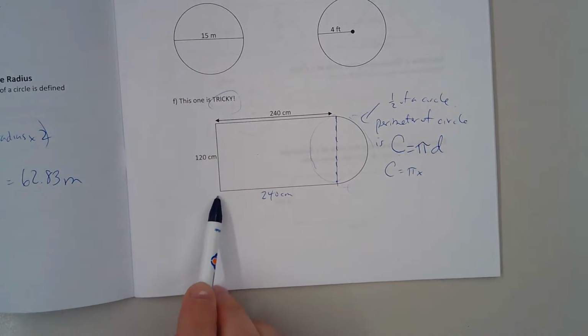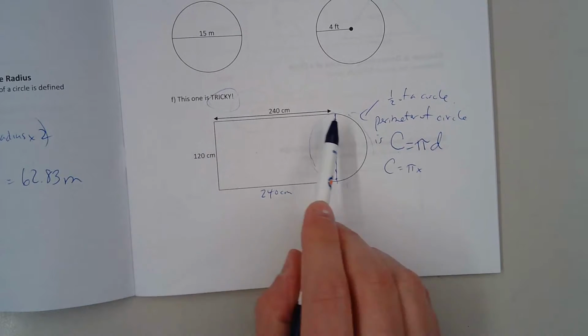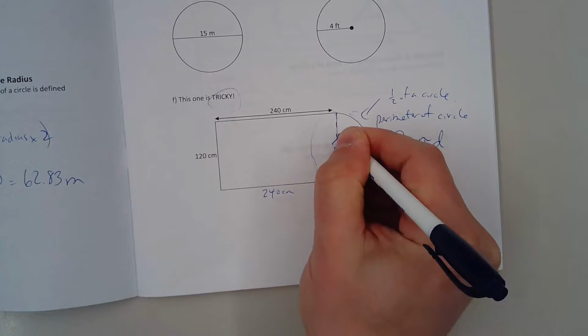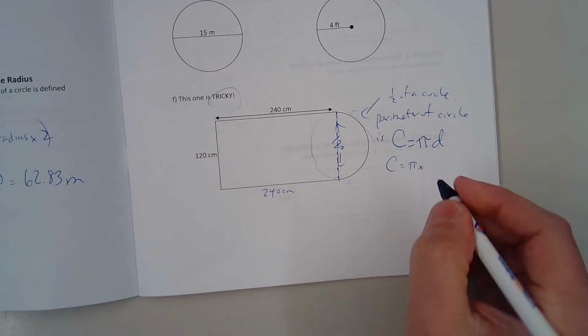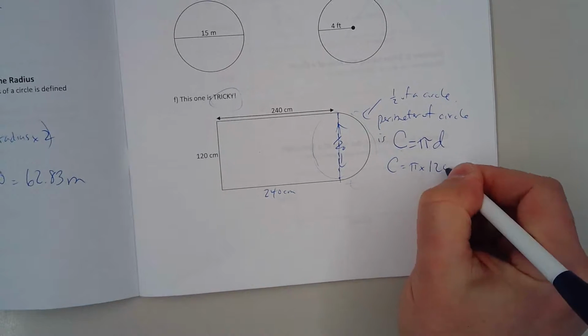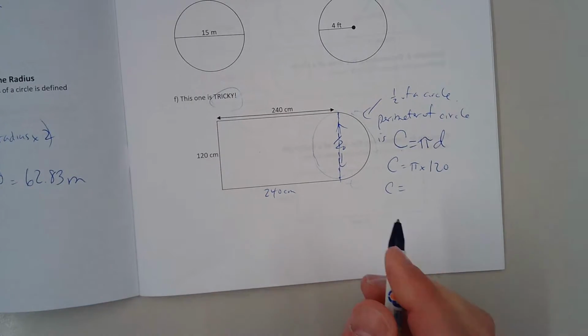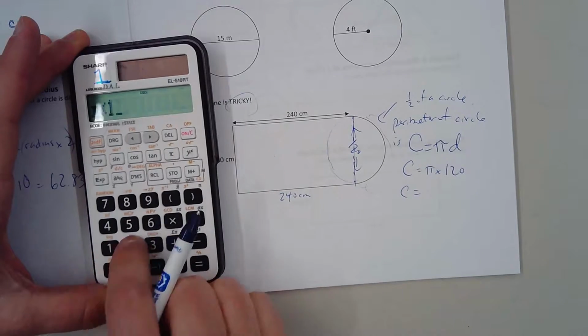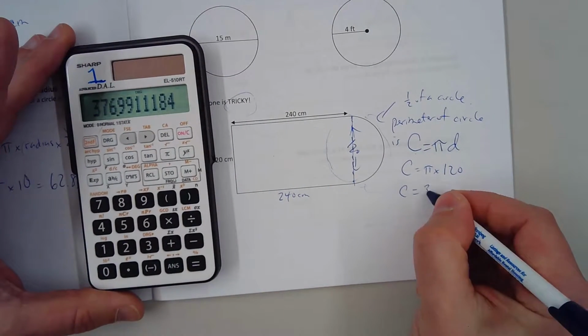It's right here. From here to here, that is also the diameter. So it's 120 from here to there. That's all I needed. So pi times 120 would be